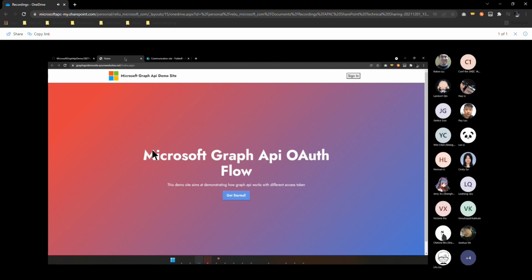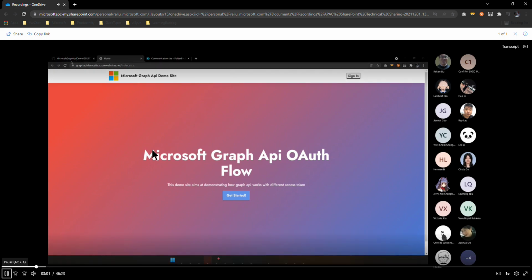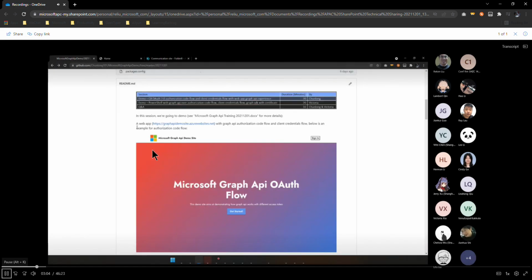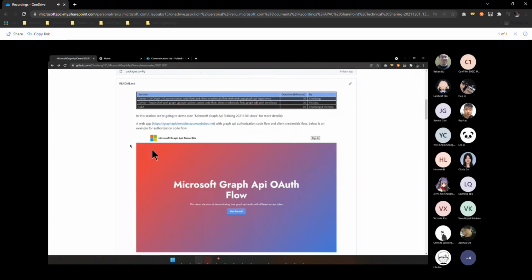What is interesting is that even when we are using the same Graph API, the behaviors will be slightly different because we're going to use a different access token, and a different way to get the access token. By the way, all the source code we're going to demo today is attached in that GitHub link. So number one, we have a web app. And number two, of course, we're going to have an